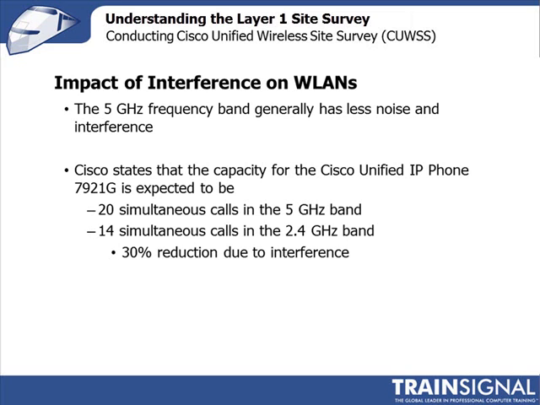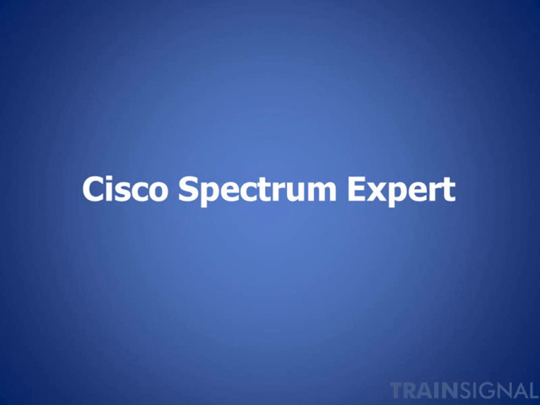And hopefully, by seeing the tremendous difference in terms of the expected capacity for voice calls between the 2.4 and the 5 GHz band, and this is all, of course, because of the RF environment and of interference, hopefully you'll now understand why doing a predictive model is very useful, but it can never, ever, ever replace the need to actually go out and do a layer 1 site survey and actually assess what the interference is in these bands that you plan to deploy in. So now we want to take